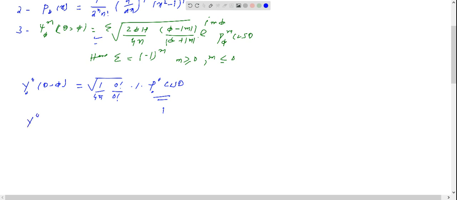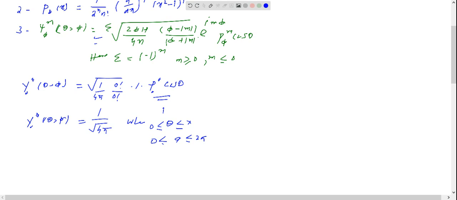Therefore we can write Y0(theta, phi) equal to 1 out of root 4 pi, where theta is less than or equal to pi and greater than or equal to 0, and phi is greater than or equal to 0 and less than or equal to 2 pi,